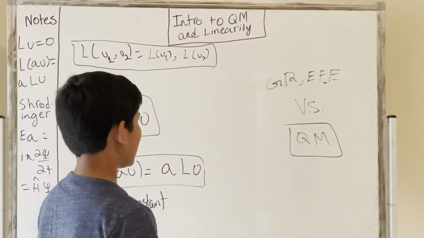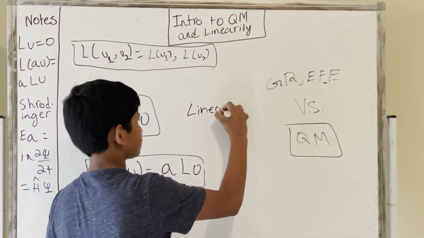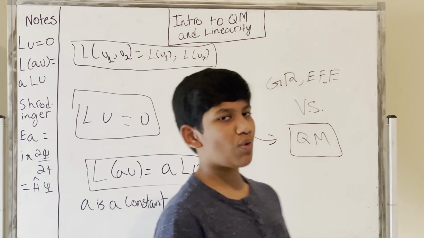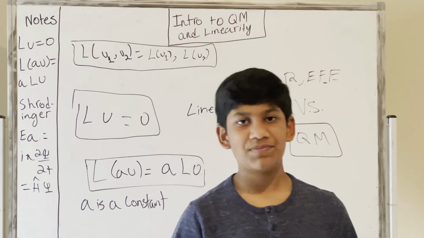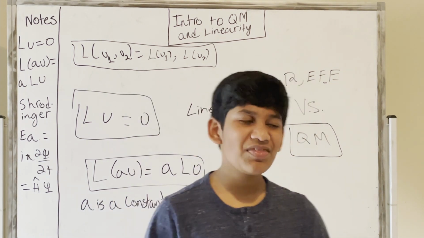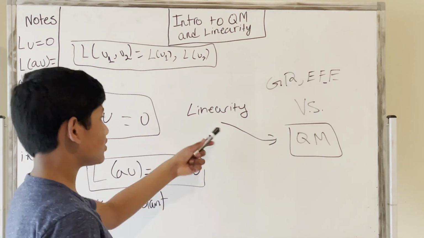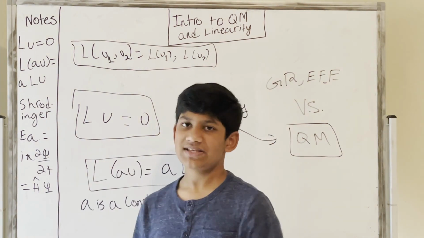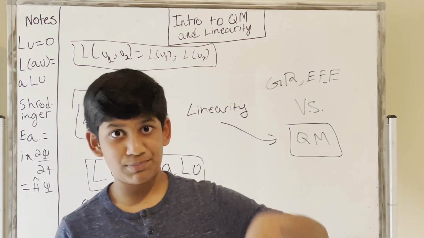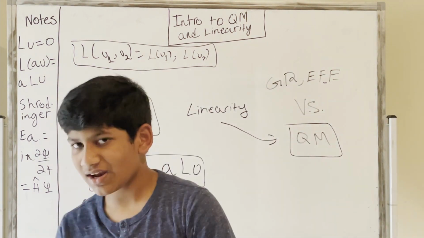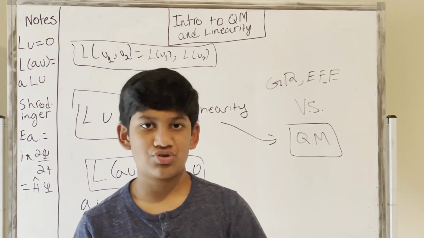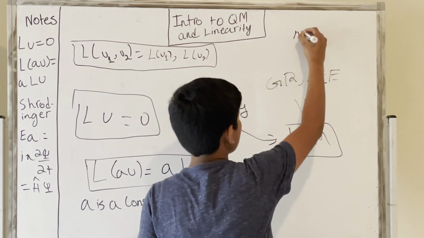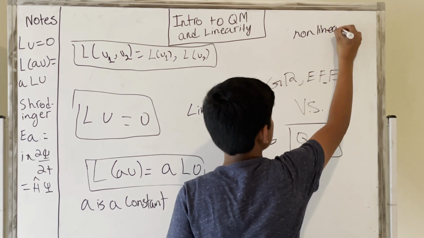So, how does this help us in quantum mechanics? Well, this is where linearity comes in. So linearity is a special property that quantum mechanics has. If we have a solution and another solution, we can combine them in quantum mechanics and get another solution, which essentially is linearity. This makes our life a lot easier, because imagine we're trying to find a specific solution. If we find a previous solution before it, we can just combine another solution with it and see if we get that solution. And we can find many solutions which we didn't expect. But general relativity is a non-linear theory.